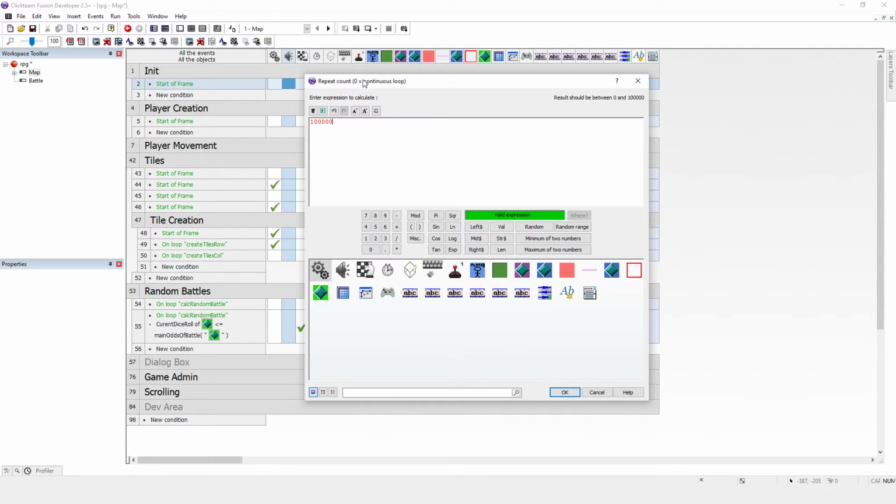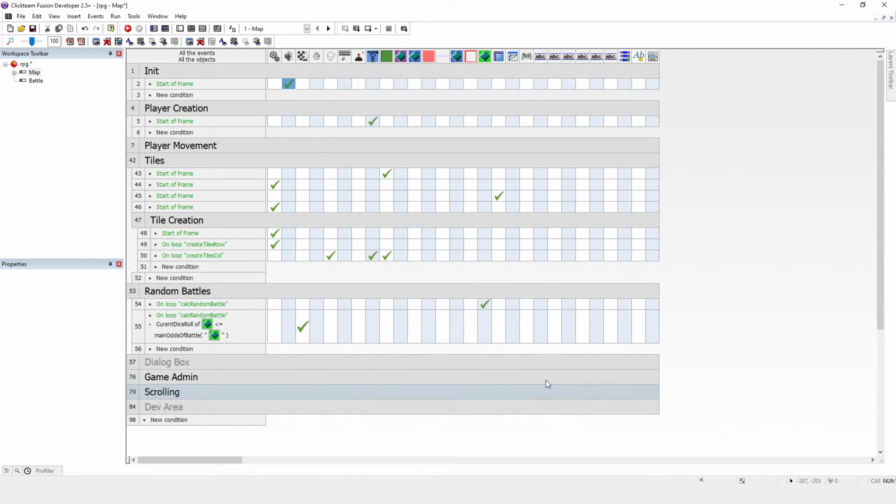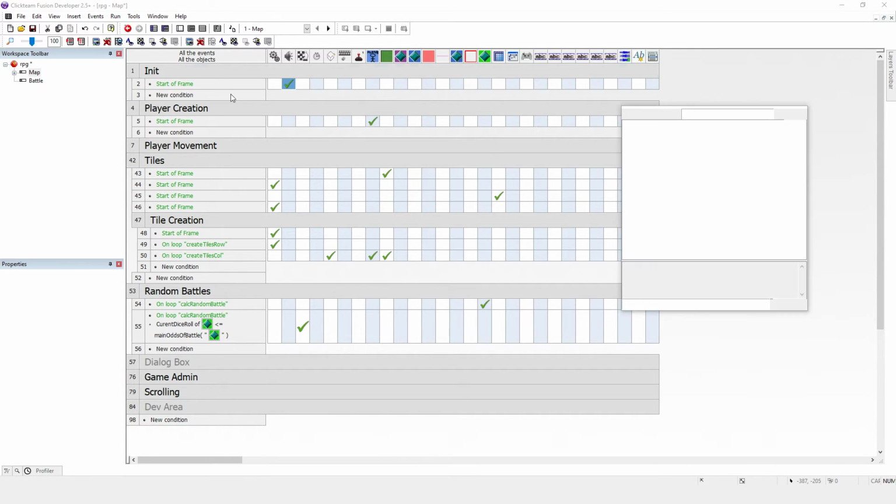and then the music will just stop. Clickteam, actually, I really like this. They always, or mostly always, have 0 as infinite. So if you want infinite in Clickteam, and there's a nice little prompt up here to remind you, you just put 0. Now, that doesn't mean it's going to play it 0 times, it just means it's going to play it infinitely, which is great, because we'll manage it later on. So if I run it now,